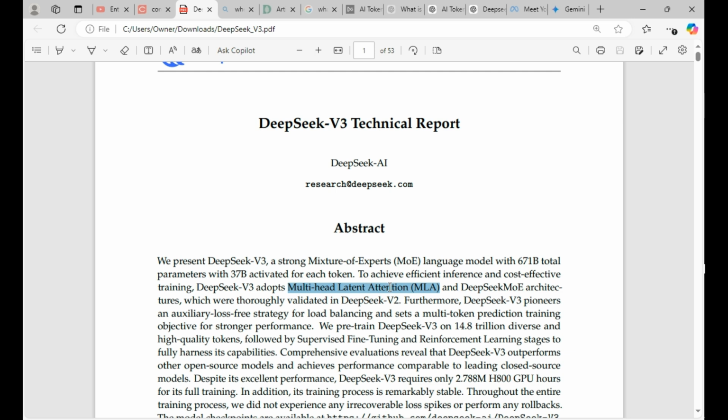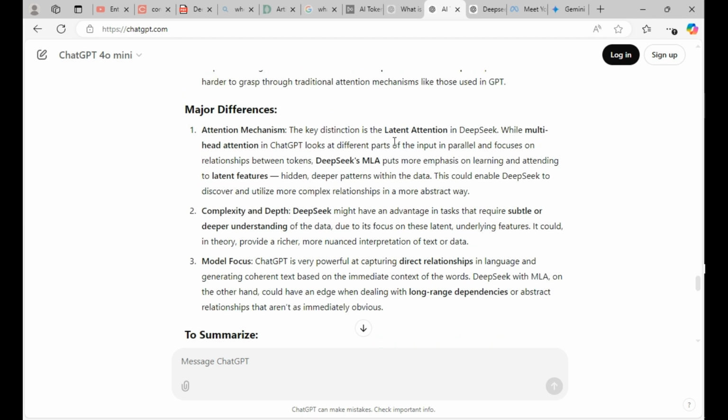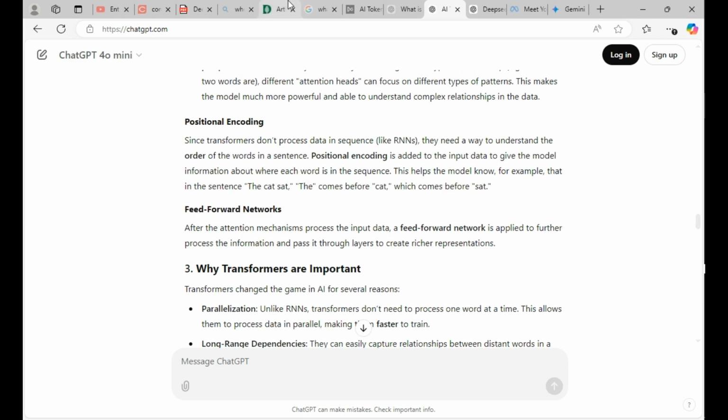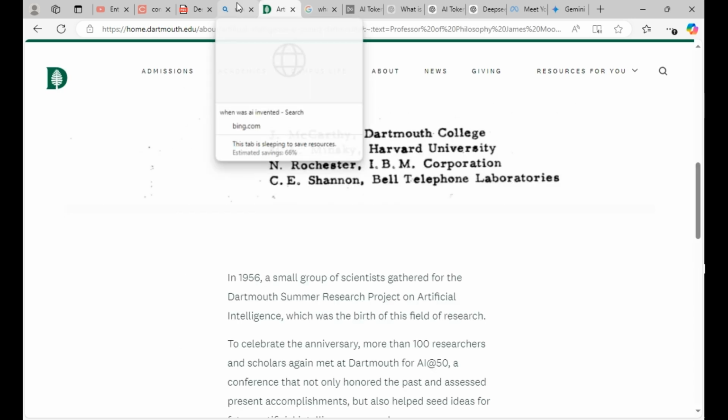This right here, guys, is literally what makes DeepSeek compete. I don't want to say better, but it's what makes it stand out as opposed to ChatGPT, because DeepSeek has that latent. We're going to look into this. More specifically, what I want to make sure you know by the end of this video is that